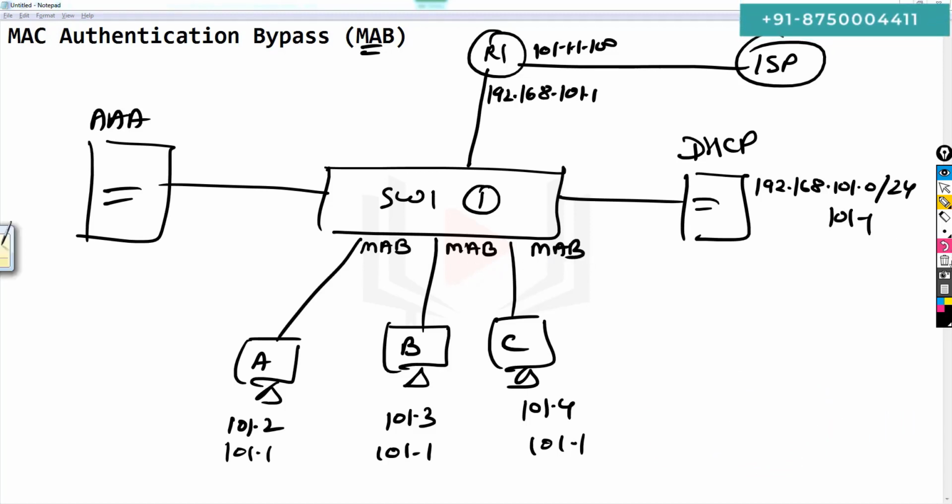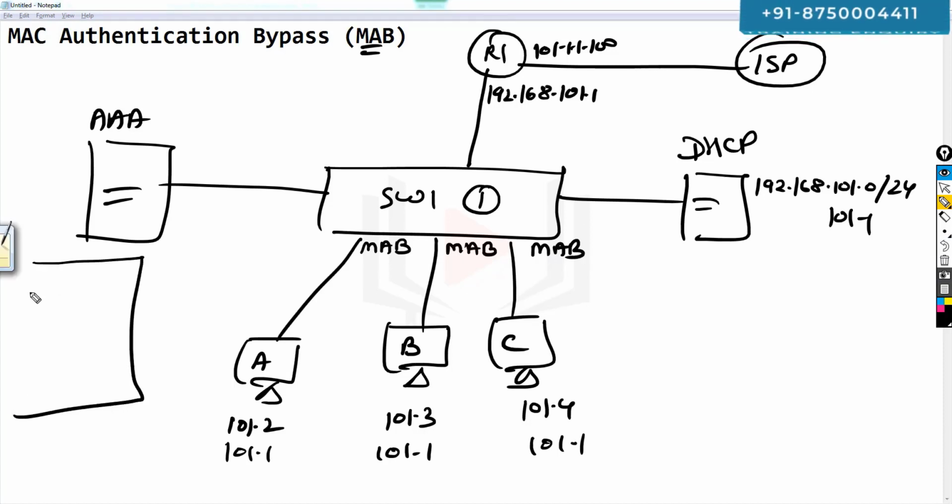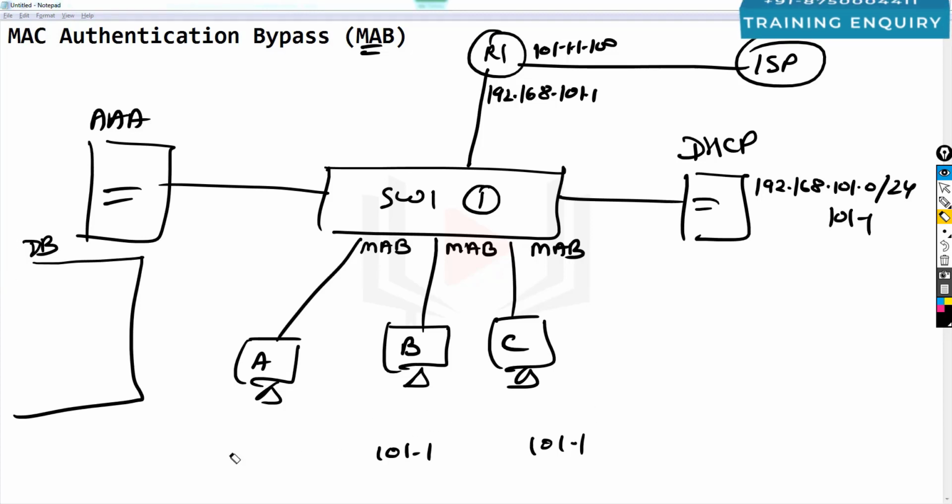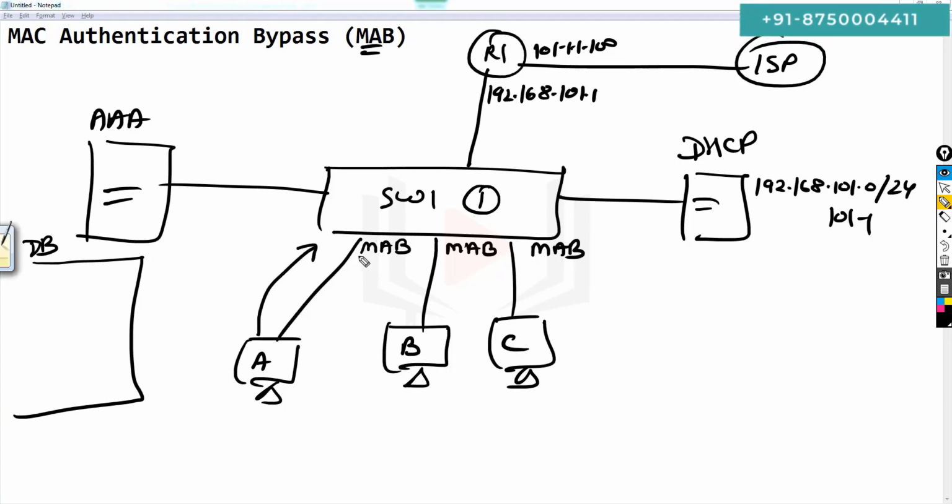So what will happen? Assume we don't have any entry in our database. First of all, when a client connects, we are talking about the initial state. They have nothing. They will send a request here. The switch will say perform MAC authentication bypass.